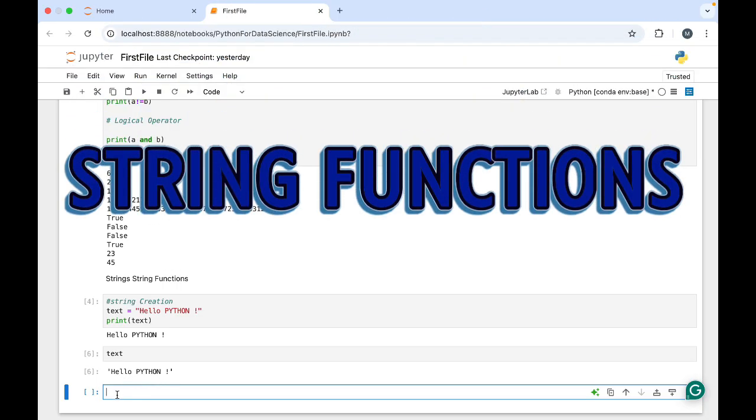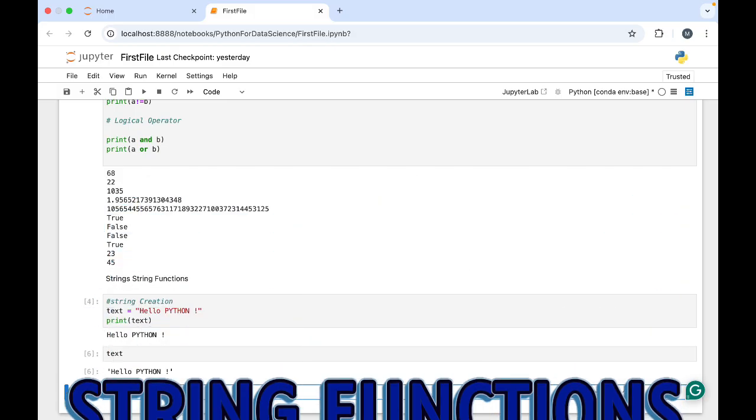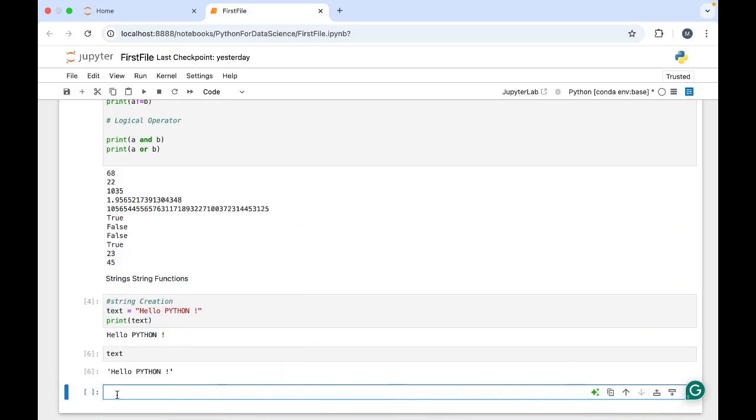Now let's see functions on these strings. Some common functions we are going to see: if we want the string in uppercase, if we want the string in lowercase, if we want to capitalize the first word, or if we want to replace anything in the string. Those things we can do with the help of string functions. So let's see what those are. First we will see capitalize. Now this is the string, okay. So what we are going to do is